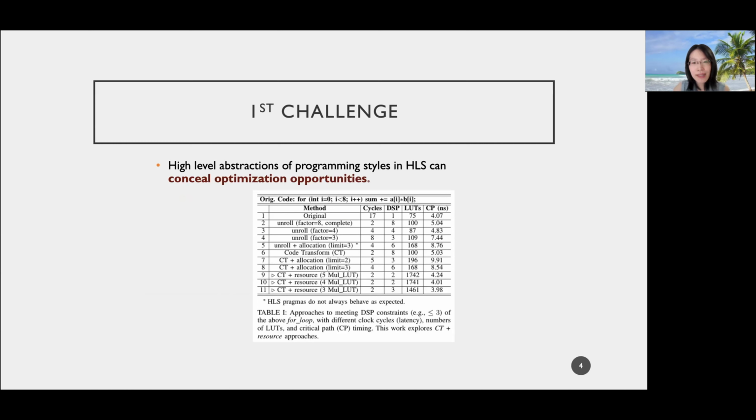This table shows an example. This is a simple multiplication accumulation function using a for loop, which requires the DSP usage no more than 3. One typical way to do this is to unroll the loops as shown in line 2 to 4. One problem is when the loop boundary, which is 8 here, cannot be divided by the DSP constraint, which is 3 in this case, it results in a partial unrolling as shown in line 4, which introduces undesired increase of